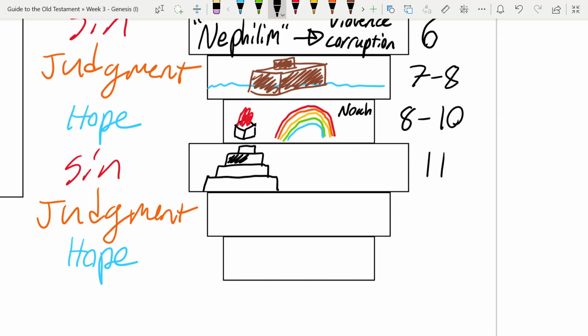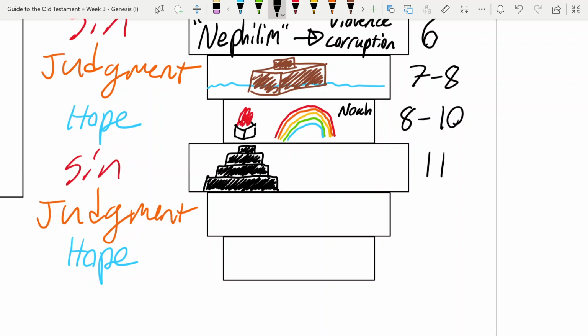Okay, so this is an attempt where the people, humans, have been excluded from God's presence since the Garden of Eden. And this is an attempt by them, it seems, to try to get back into God's space by force. They're going to build a tower up to heaven. They're going to make a name for themselves so they won't be scattered all over the earth. So it's an act of rebellion against God, no matter how you think of it.